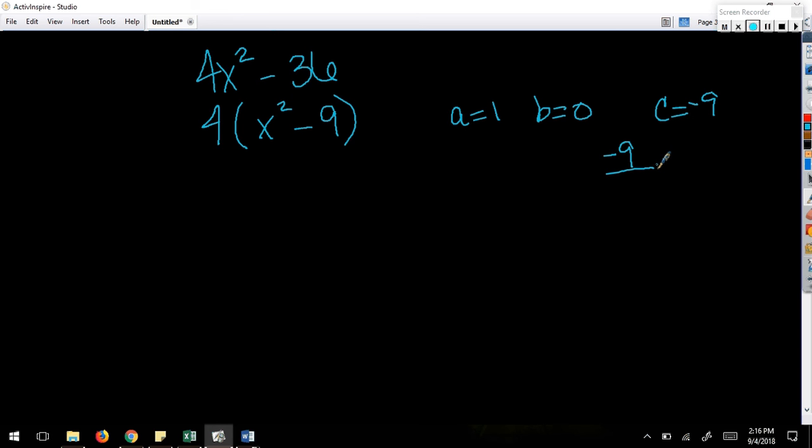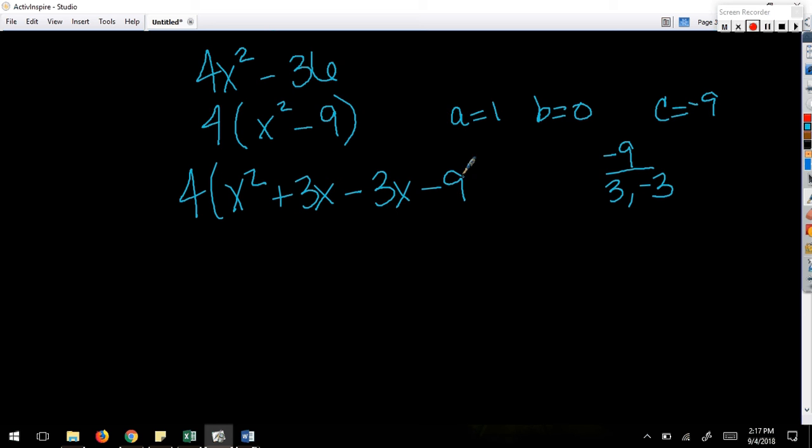Negative 3 and positive. Y'all got it. 3 and negative 3. 3 plus negative 3 is 0. 3 times negative 3 is negative 9. So I'm going to rewrite that middle as 3x minus 3x. And I intentionally put the negative second, even though I told you not to do that, because I